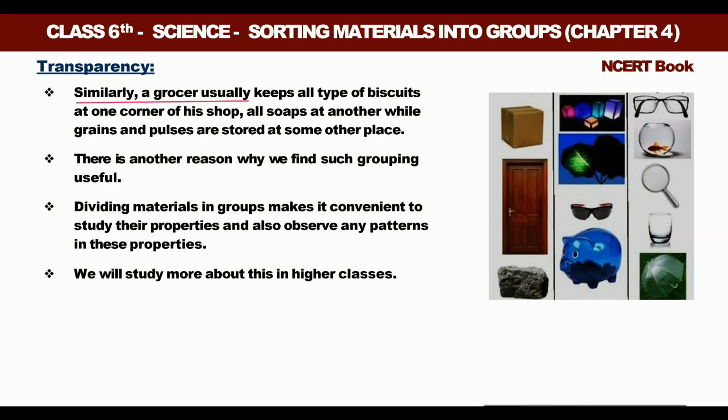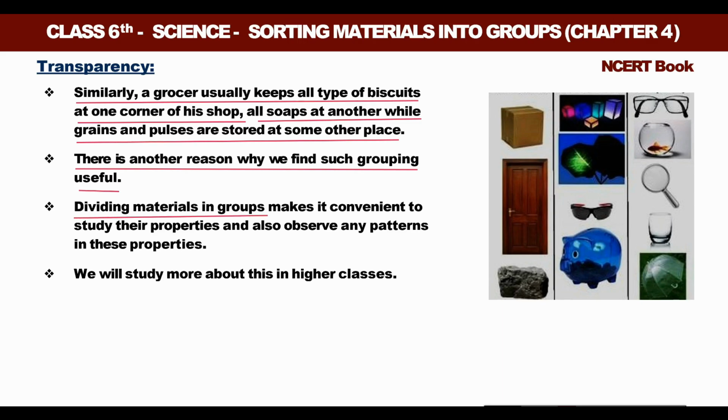Similarly, a grocer usually keeps all types of biscuits at one corner of his shop and all soaps, जो साबुन होते हैं, at another, while grains and pulses are stored at some other place. Means कि grains, pulses एक अलग कॉर्नर पे रखा जाता है, soaps अलग जगह पे रखा जाता है, जितने types of soaps होते हैं, and biscuits and other things are kept at another side, जिससे कि आपको easily locate कर सकें। That is a kind of grouping itself. Objects को आप group कर रहे हैं।